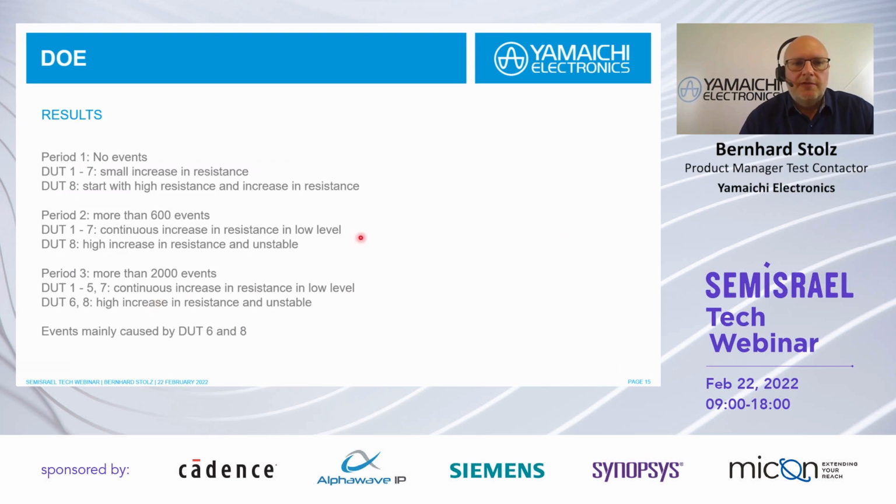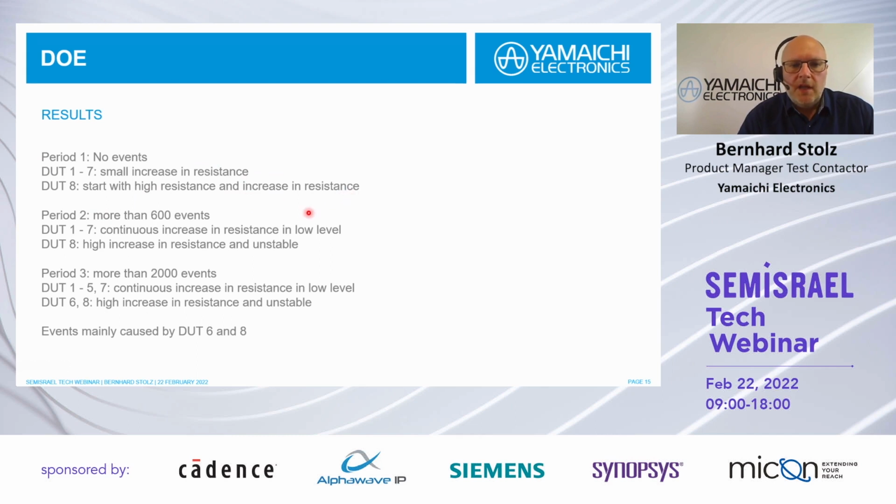Good. The results of this DOE. As mentioned, period 1 had no events at all. Very nice graphs, actually, no events. But on the ramp up and the ramp down we saw an increase in contact resistance and an overall slight increase. Number 8 already started with a high resistance, and its increase in resistance was also higher than the